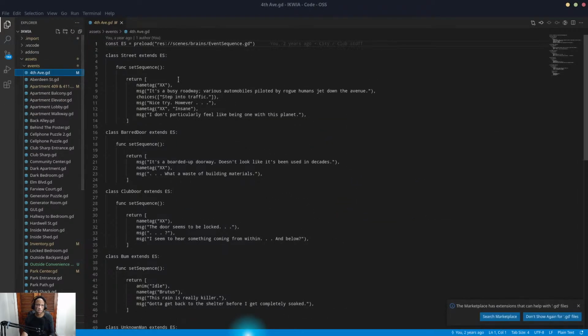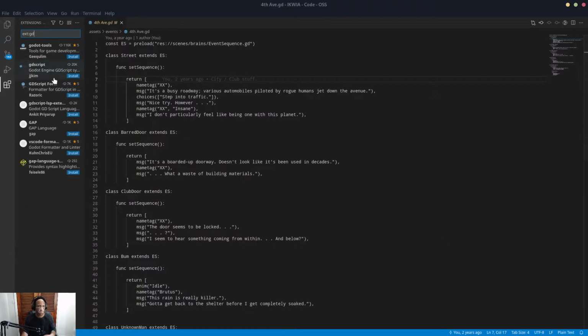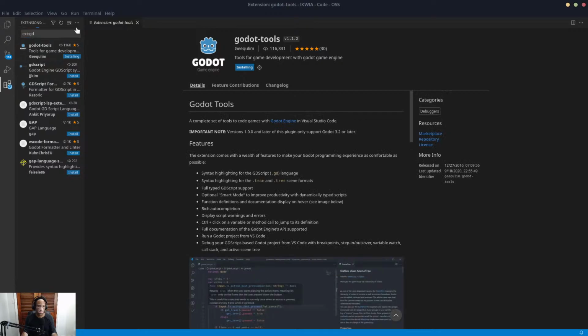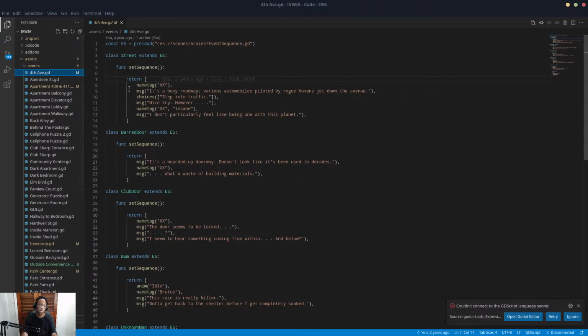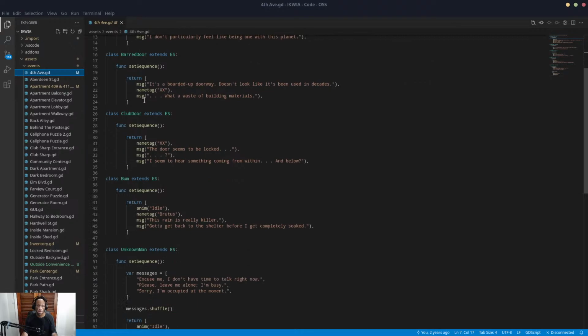So in comparison, this is sure. Let's install the Godot thing. But yeah, now we got a visual, we got highlighting. But in comparison, this is a much more